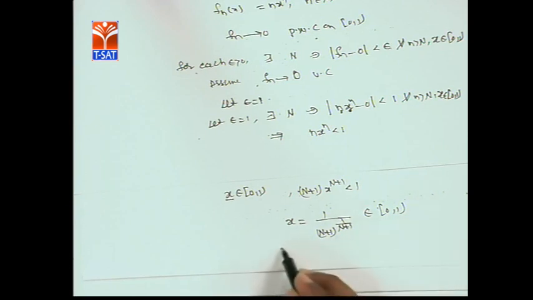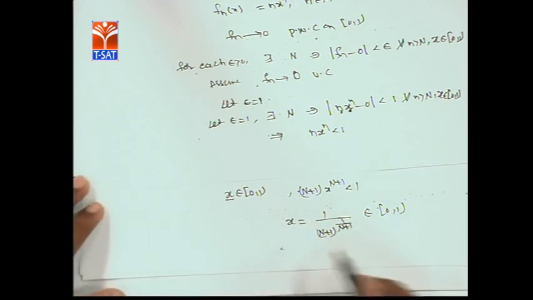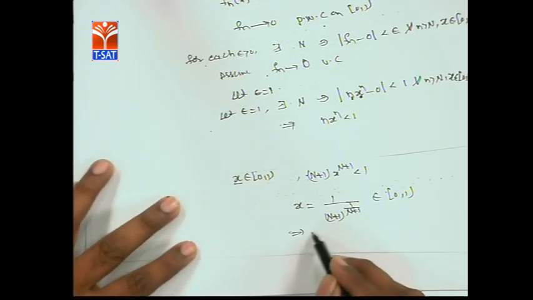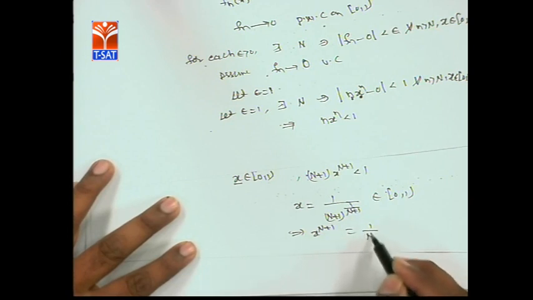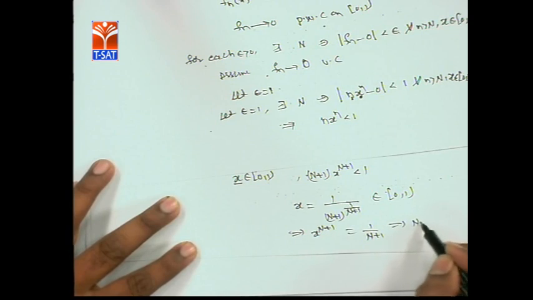So now it can be written as x to the power of N plus 1 is equal to 1 by N plus 1. Hence, from this, N plus 1 into x to the power of N plus 1 is equal to 1,